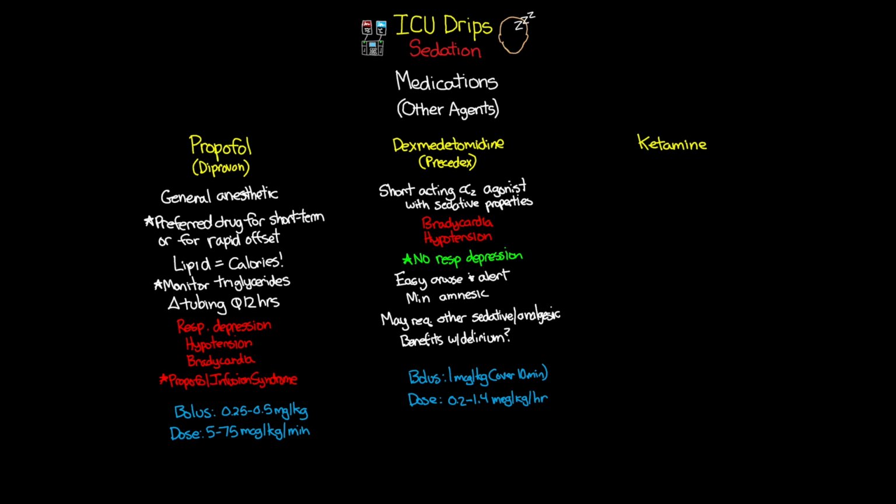All right, and so moving on to the last medication in this category is going to be ketamine. And ketamine is actually an analog of another more commonly used general anesthetic. Now, unique to ketamine is we're actually going to see analgesia with this medication. It is going to produce anesthesia and amnesia, but one of the great things about it is it does this without loss of consciousness. Important thing to know though with ketamine is that it can actually produce hallucinations for your patient, but we can really minimize this with concurrent benzo use along with this.